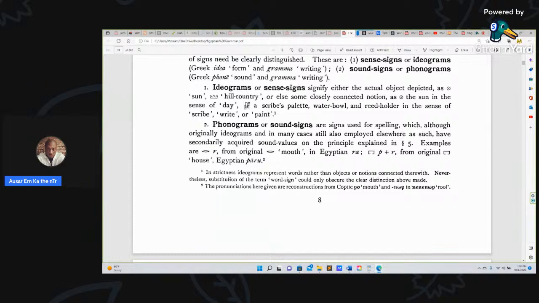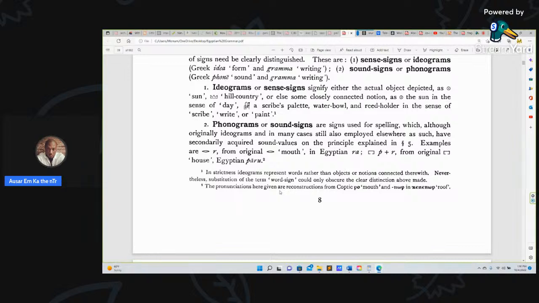Let's read the footnote. In strictness, ideograms represent words rather than objects or notions connected therewith. Nevertheless, substitution of the term word sign could only obscure the clear distinction above made. The pronunciations here given are reconstructions from Coptic po, mouth, and oath for roof. So now, what we have above from Sir Alan Gardiner says that the pronunciations, meaning the way that you would say these words, is